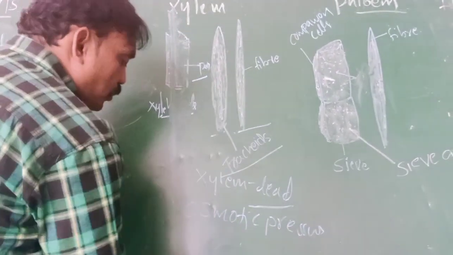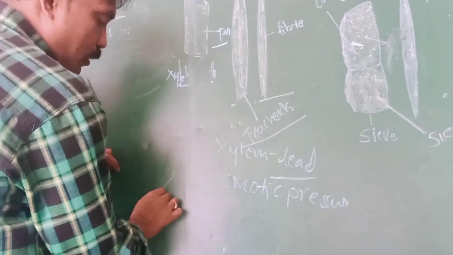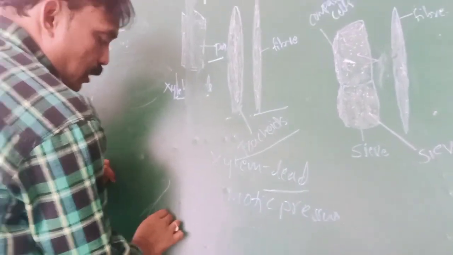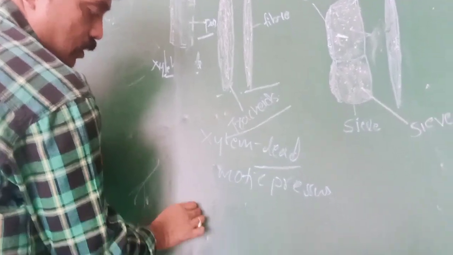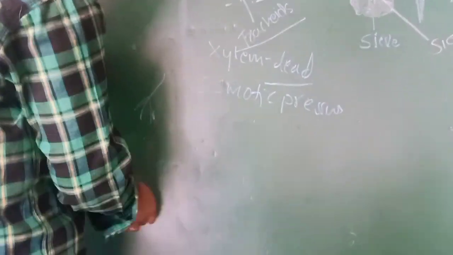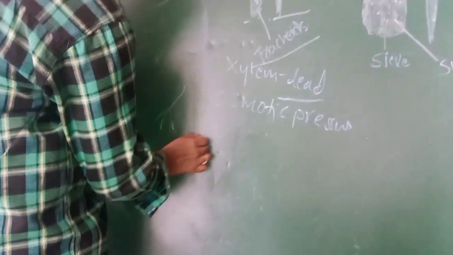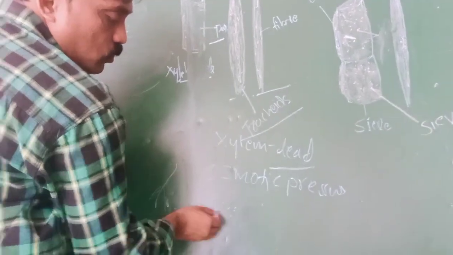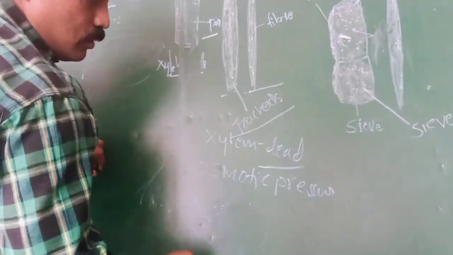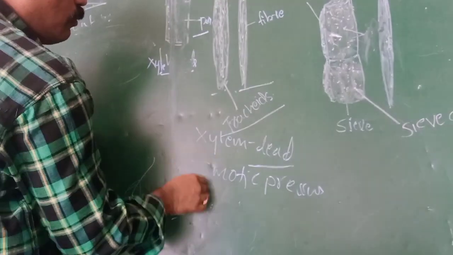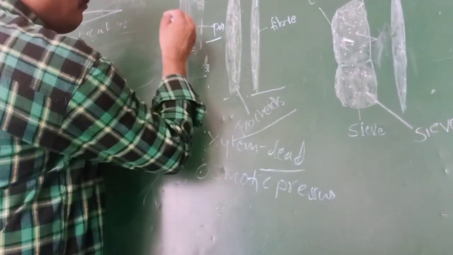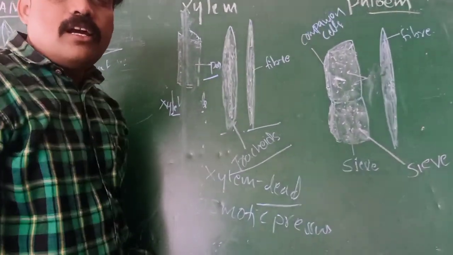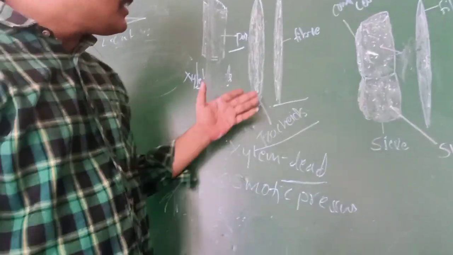What is osmotic pressure? Inside the root hair, it is made up of cells. The root hair has some cells, and inside the cell there is cell sap. In the cell sap, the water content is very low, while outside the water is more, so water enters into the cell. Cell to cell, it moves from downward to upward. That means osmotic pressure acts through the xylem.